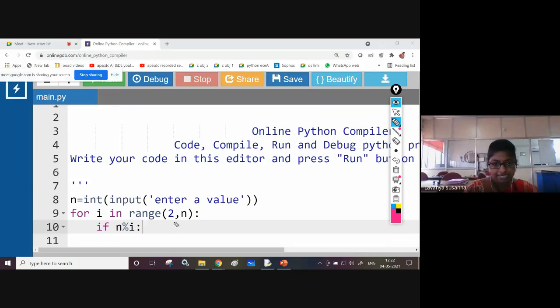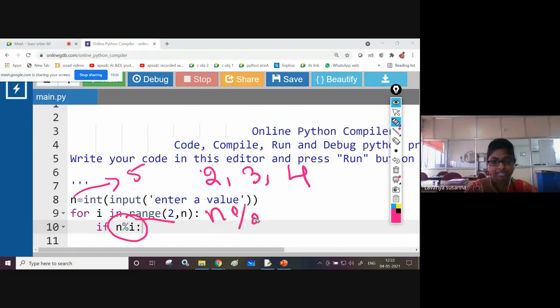Now, range of 2 comma n, value of n is 5. Now iteration 2, 3, 4. Now i becomes 2, right? See, i becomes 2. Now here what you have given is n percent i, that means you are checking whether 5 is divisible by 2.